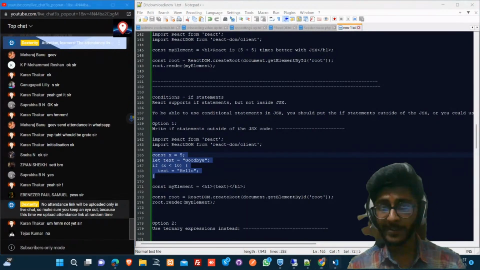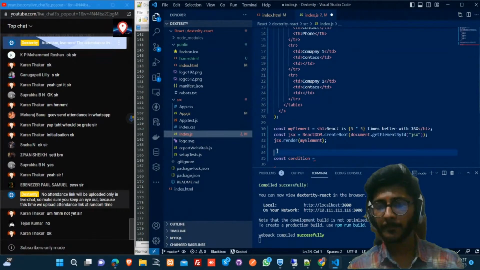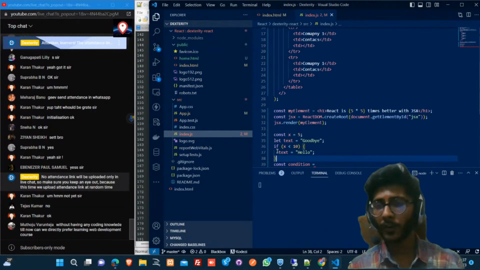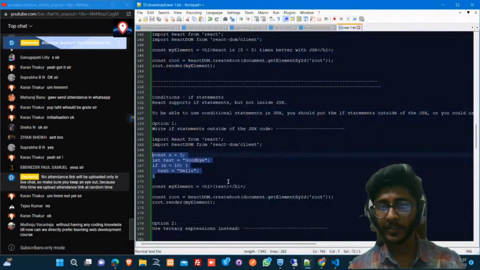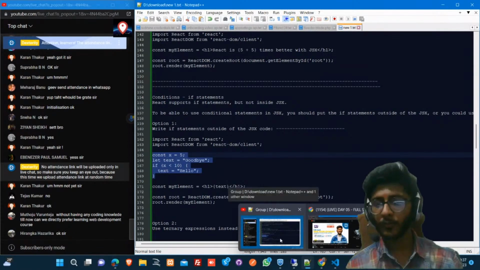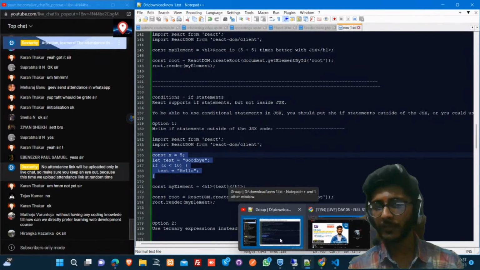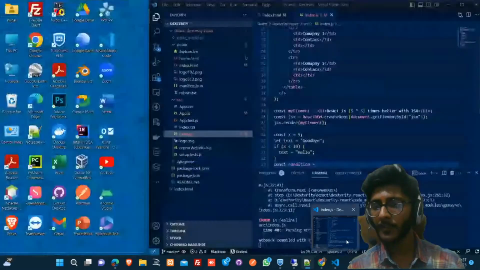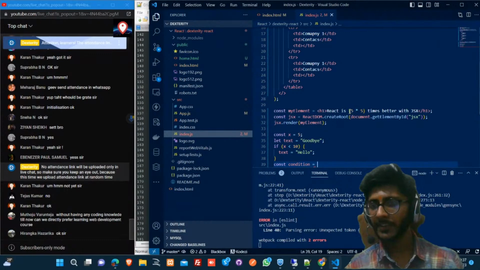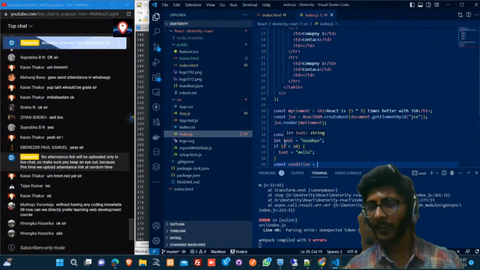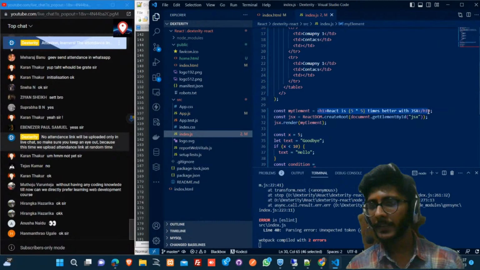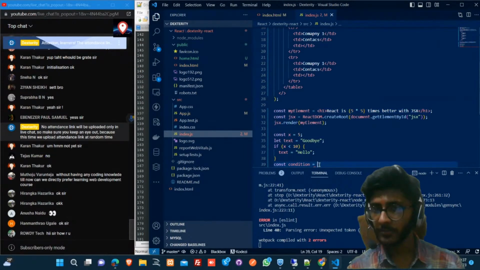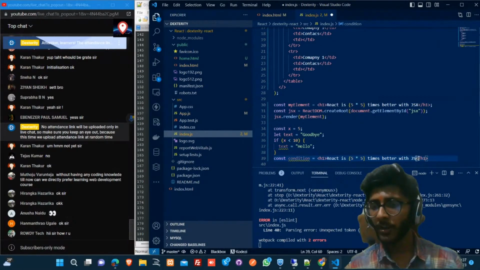Now for that section, I have to define a condition constant as well. It is throwing me an error because I haven't initialized the things in my constant. So what they are doing is using that text. We can use the text with the parentheses. Whatever constant, whatever values we define, we can use with the help of the constant. Like in this paragraph, I have used the expression, but I have the let keyword text, so it is showing me the text in the same h1. I am initializing only the